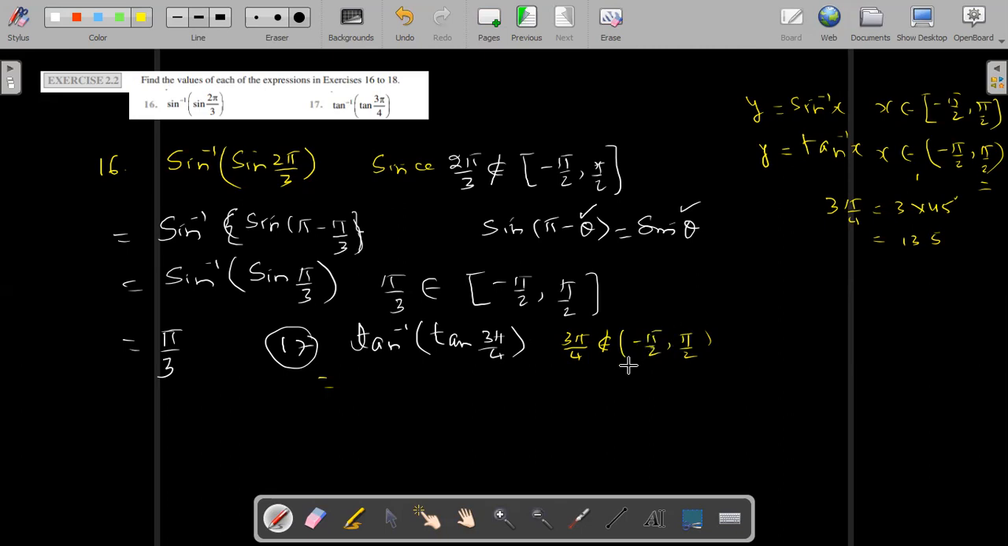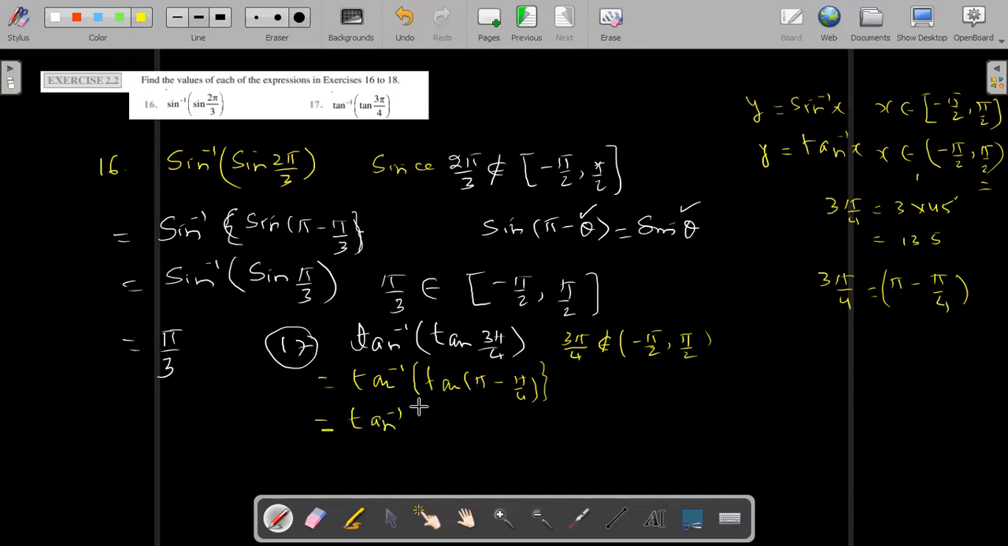So again, how to write 3 pi by 4? 3 pi by 4 can be written as pi minus pi by 4, because pi minus pi by 4 is equal to 3 pi by 4. So we will write tan of pi minus pi by 4, that means 180 minus theta, which is in the second quadrant, and tan is negative in the second quadrant. Therefore, this will become